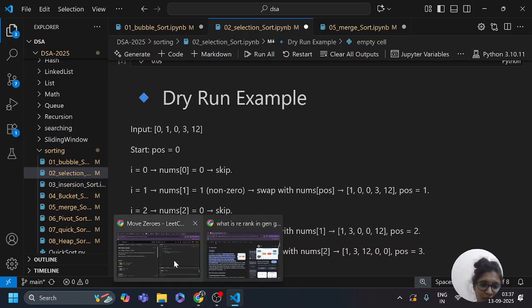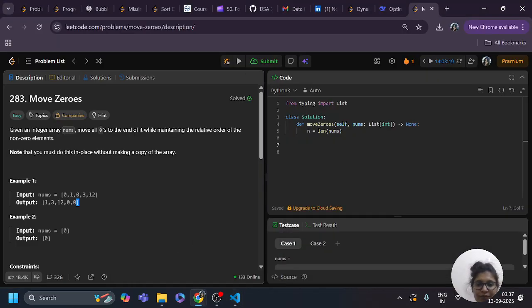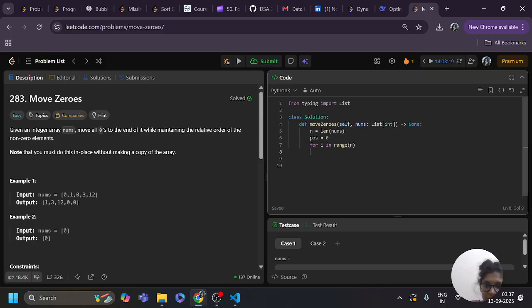So now I need to write this. Here you can see n equals the length of nums, pos equals 0, and for i in range of n. I need to put a colon, I always forget this.